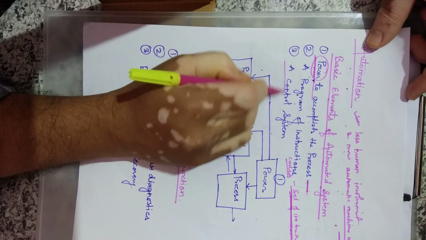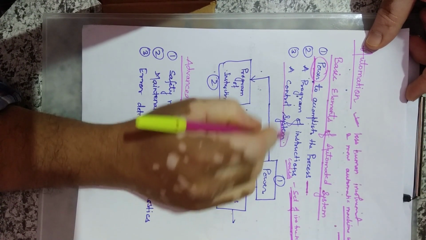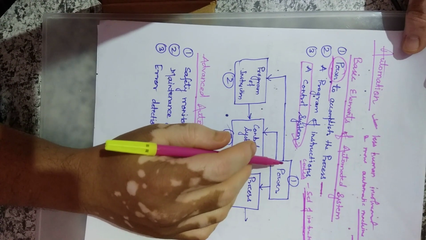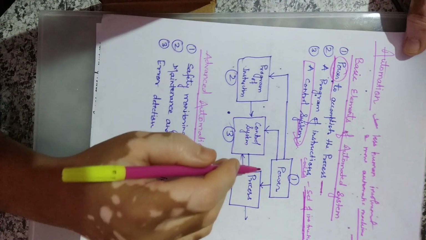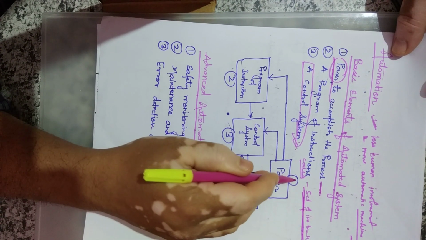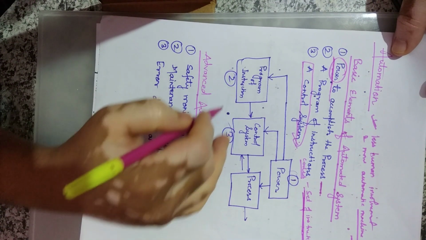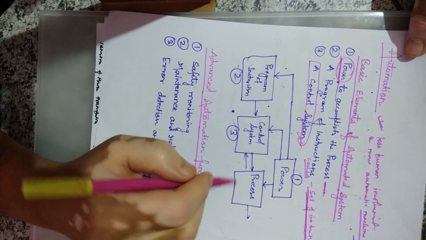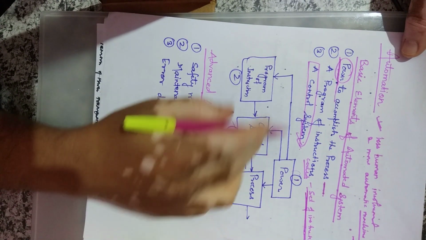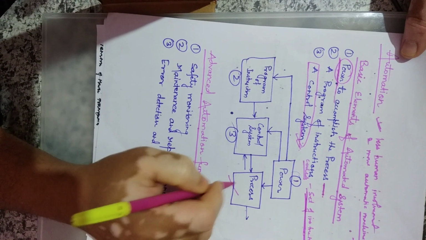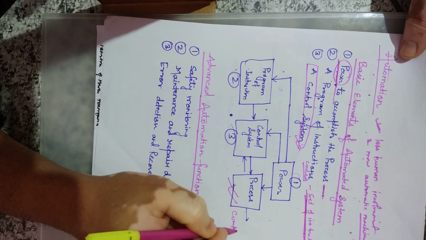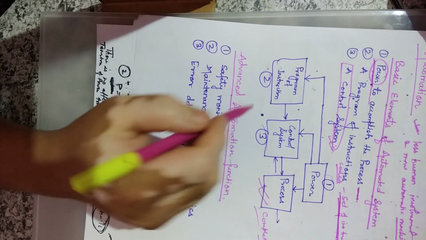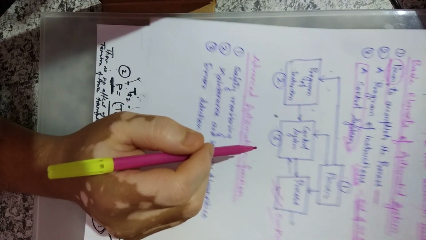The third thing is the control system. It is very important. The control system is used to make an automated system work. So in a block diagram we can see number one, power system, second, program of instructions, third, control system, and the fourth is these three together, and this makes a process complete in an automatic system. These are the basic elements of an automated system.